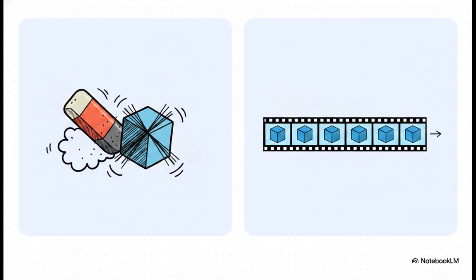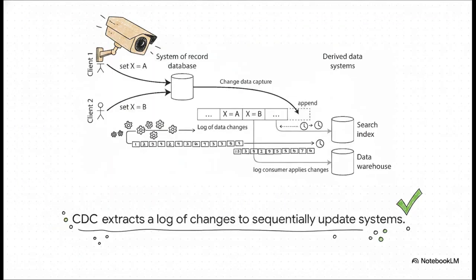The secret is, deep down, the database itself is actually writing every single change to an internal append-only log just to protect itself from crashes. If we can surface those immutable events and append them to an eternal change log, we preserve the true, chronological story of everything that has ever happened in our system. This is where change data capture, or CDC, becomes an absolute game changer. Imagine CDC as a security camera pointed right at your database's internal log.